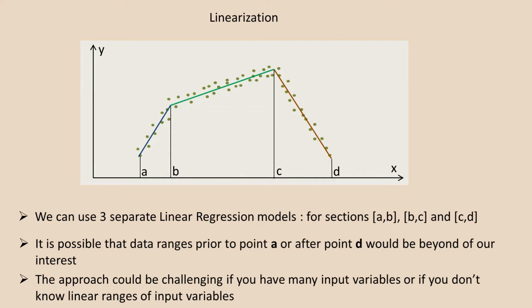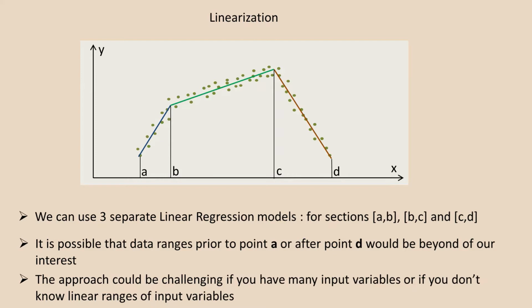Linearization approach is pretty useful, but it has its limits. First of all, it's limited for pretty small tasks, and by small I mean that you have only very few input variables. On this picture you only have one input variable, and this is why it was so nice and easy to identify these linear sections. If you have two variables, you still can do this if you have three-dimensional visualization, but having more than two variables means that you wouldn't be able to visualize it, and finding these linear ranges analytically is pretty difficult.